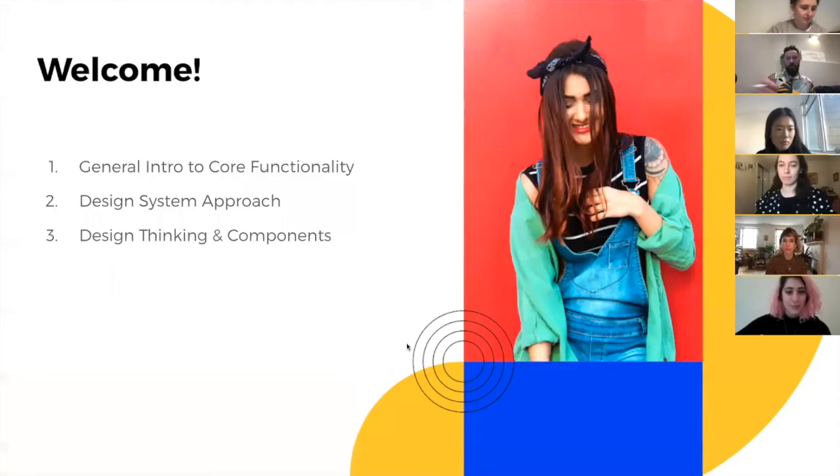Over the 3 sessions, today's is a general intro to the core functionality. The second session is going to be around a design system approach and how we can cascade changes throughout the whole of our design files. And then the final session will be around design thinking and components. How do we build things so that we can change and edit quickly and cascade all the changes through our